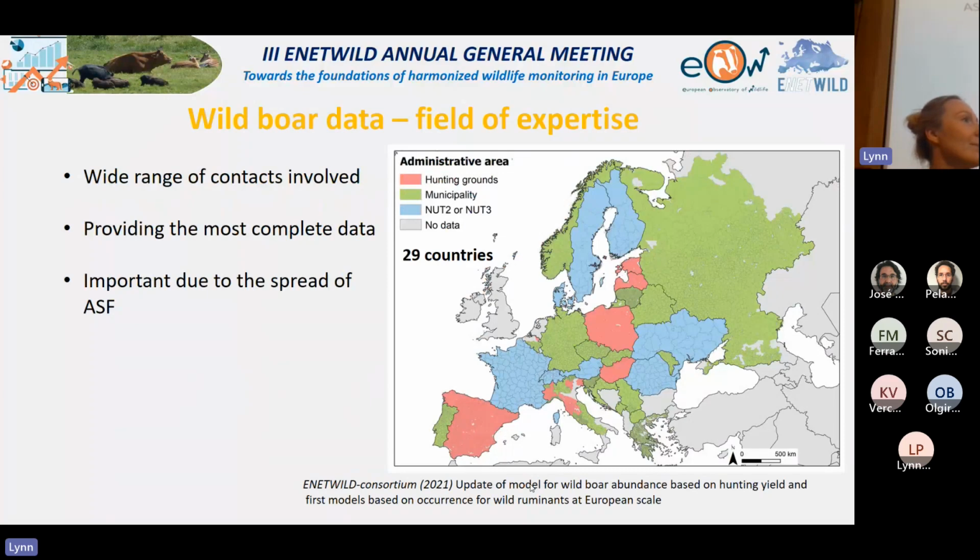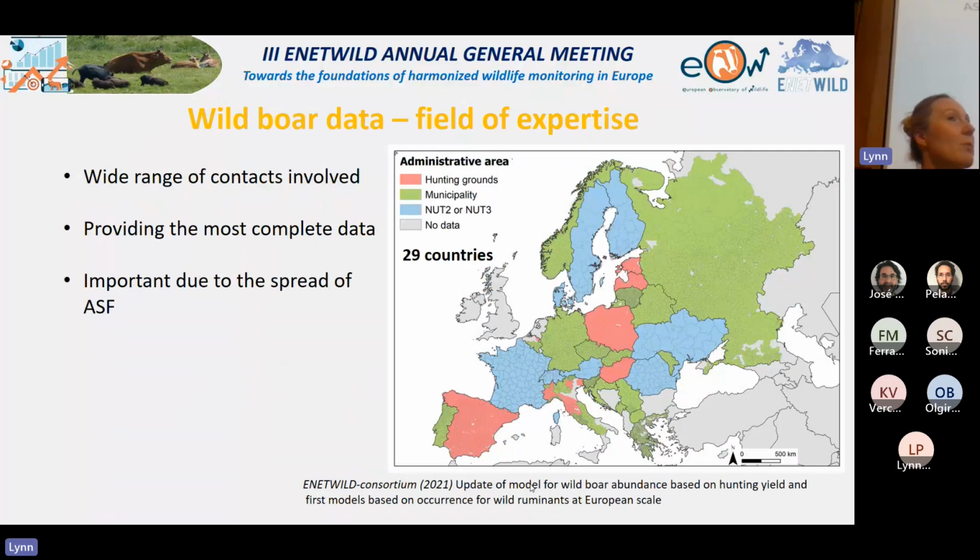With the wild boar, the wild boar was the focus target and the first target for us. So we have pretty good expertise in this species. As you see, for wild boar, we managed to cover almost the whole continent with data, with quite good resolution. So that was the species which shows us that if we focus on collecting the data, we can do something which is not available anywhere.